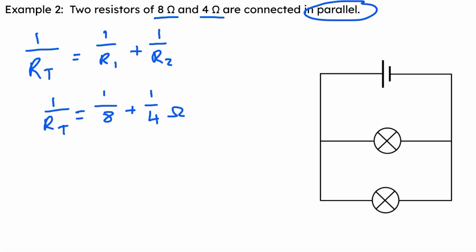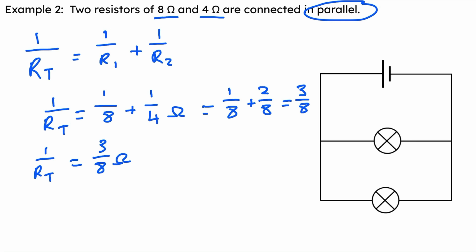We can then simplify this, or you can put it directly into a calculator. To simplify this, we would get 1 over 8 plus 2 over 8, which will equal 3 over 8. 1 over our total resistance is equal to 3 over 8 ohms. Therefore, our resistance is equal to 8 divided by 3 ohms. When you put that into a calculator, you will get 2.67 ohms, and this is our